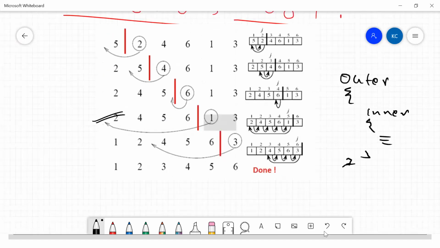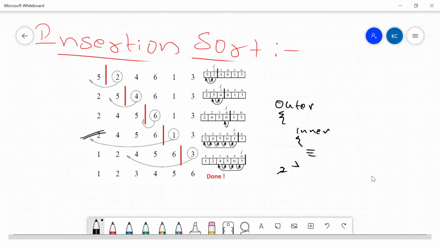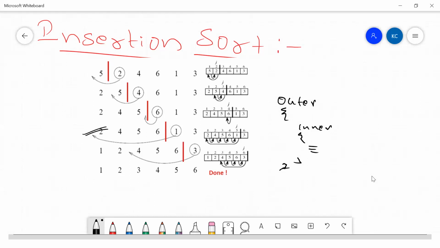I told you, insertion sort is nothing but the sort that we generally follow while playing our cards, or sorting a deck of cards. We take the second card, compare it with the first one, and see if it is in the correct position or not. If not, we take it and insert it in the correct position. There are two loops running. First, you compare your cards one by one, and second, you internally move the cards one by one until it is put in the correct position. Same thing here.